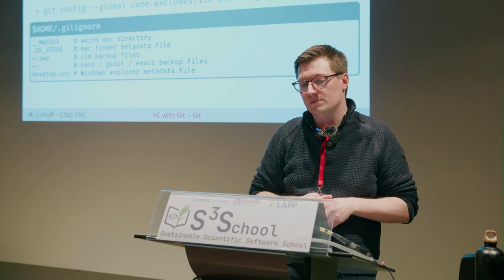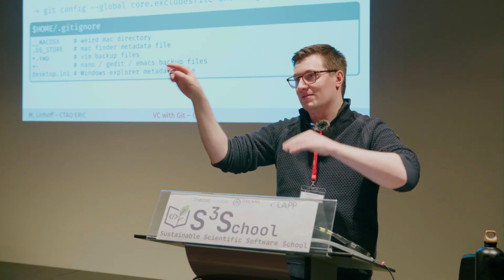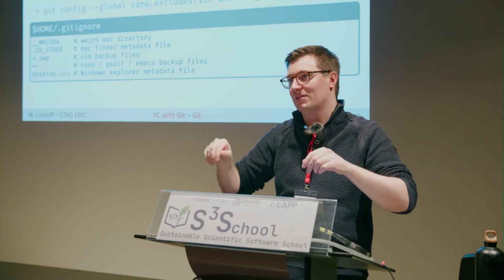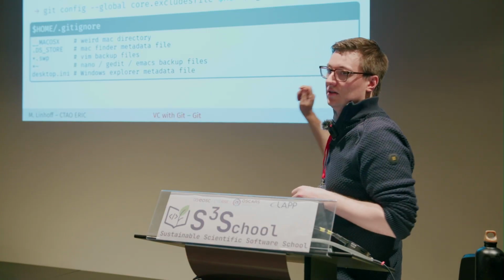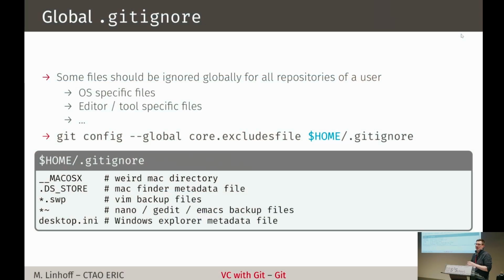And for this, you should not try to add those rules to every .gitignore of every project you are using, but you can use a global .gitignore in your user home, add rules there, and then they are ignored in all of your projects. Git can use the same .gitignore in the project together with the system-wide or user-wide .gitignore. Together, the rules add up, and then these files here, a couple of examples that are system-specific,